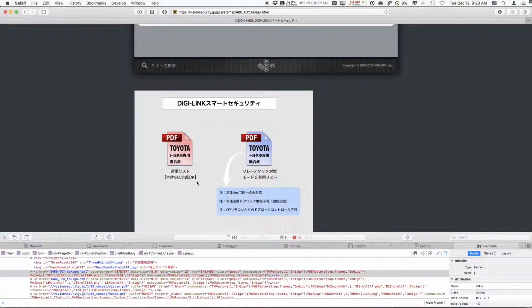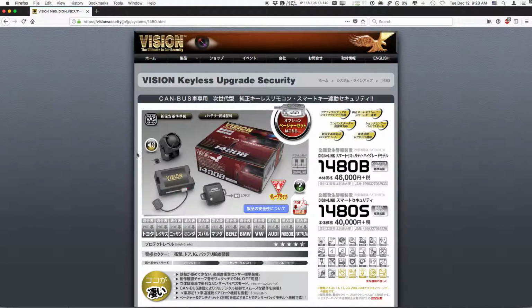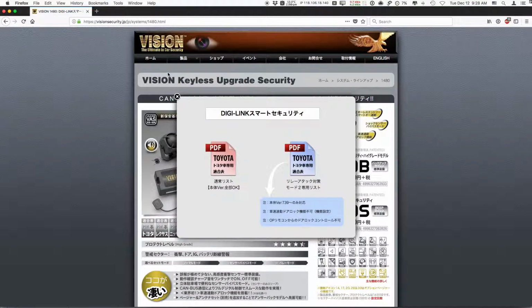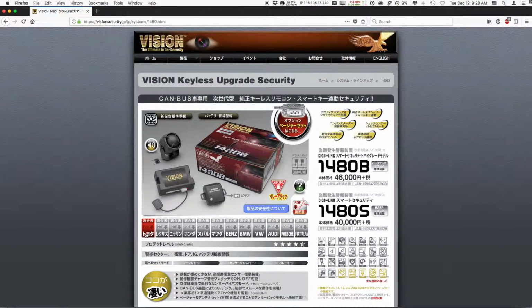Now, you might say, well, how is it supposed to look in Firefox? You can see exactly how it's supposed to look. Boom. This is how it's supposed to look. The overlay is this box. I close it. I can open it. This is proper operation. Okay? But in Safari,